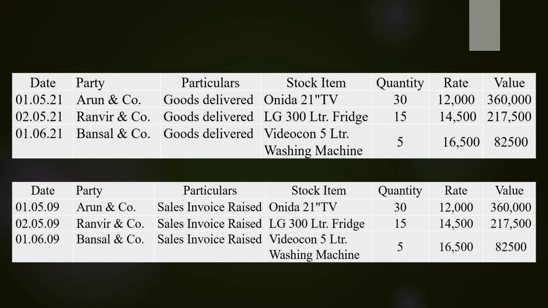We have seen the recording in sales order voucher. Once the goods are delivered to the customer's location or place, later the entry has to be passed in delivery note voucher. Let's see the first transaction here. It is on 1st of May. Party name Arun and Company. Goods are delivered to the customer's place. Stock item, quantity, then the rate. Let's see this particular recording in delivery note inventory voucher.